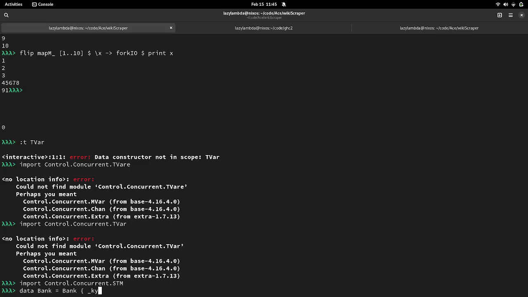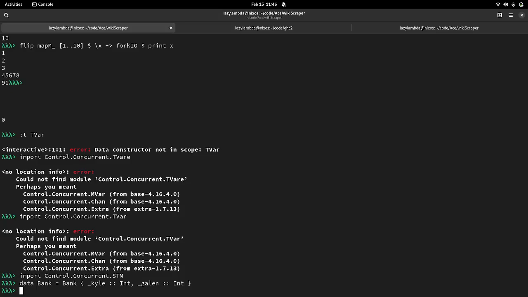Kyle has an int, which of course I know it makes more sense to have a float here, but I don't care. I think we get the idea. Technically, you would want to do a rational money type because floats are unsafe. Definitely not a float. You definitely don't want to use a float for money. But anyways, we'll get into that later. Okay, so that looks good.